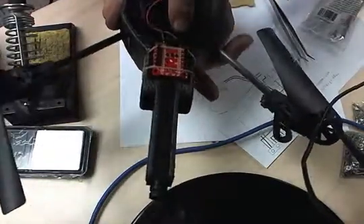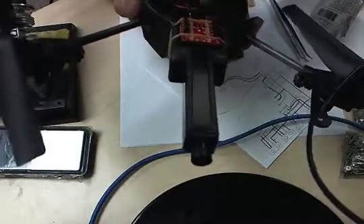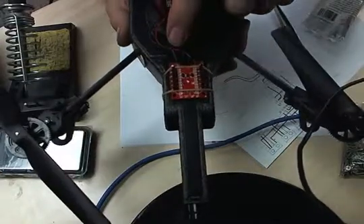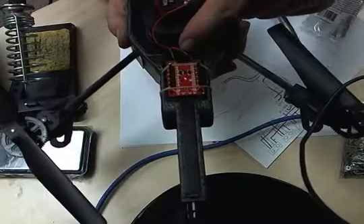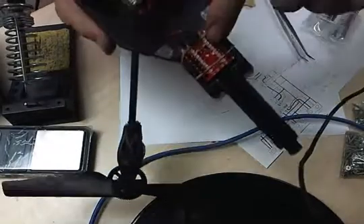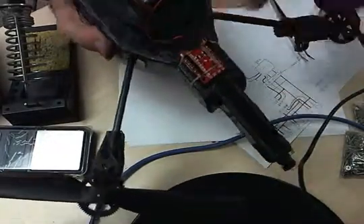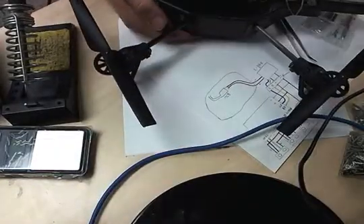So here's the XP. If you flip the XP upside down, you'll notice that the breakout holes are labeled. So with it in this orientation, I've got ground on this side and power on this side. And if you flip it over, you'll see which holes those go into. And then just a couple of rubber bands and a little bit of tape to hold the XP in place. Goes right there. And then to stick the whole thing together,